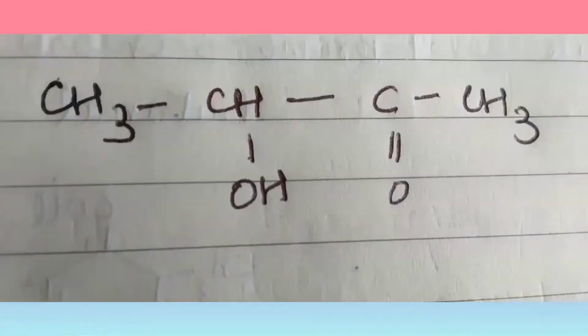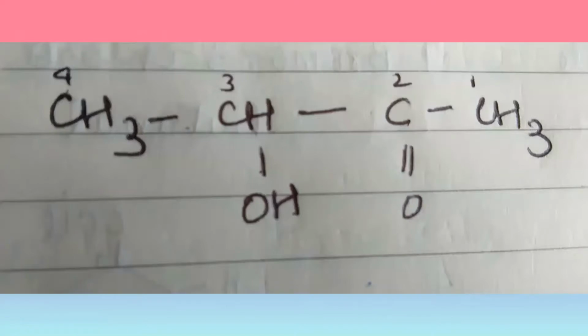Now coming to our next compound, here we have an alcohol group and a ketone group present. So now we all know that between a ketone and an alcohol, the ketone is given more priority. So the alcohol group here becomes the substituent, and the ketone group here becomes our main principal functional group. And whenever we are allotting the locants, we allot them in such a manner that the ketone group gets the least locant number.